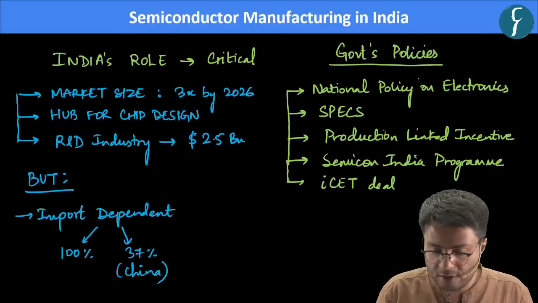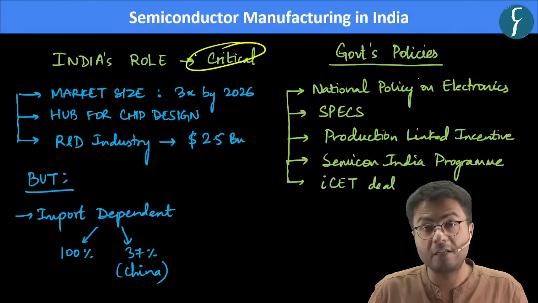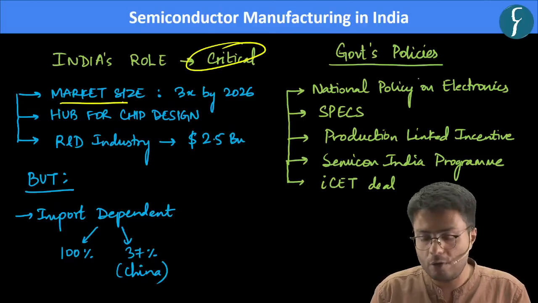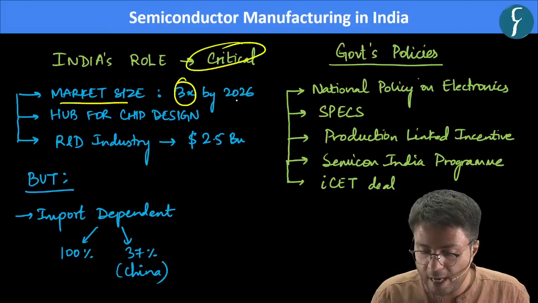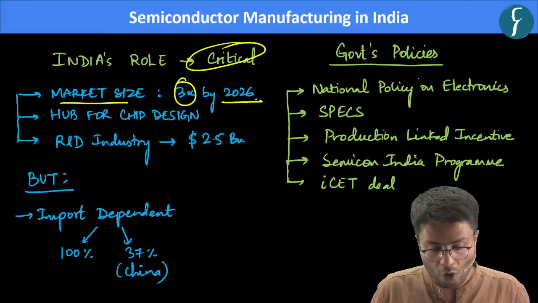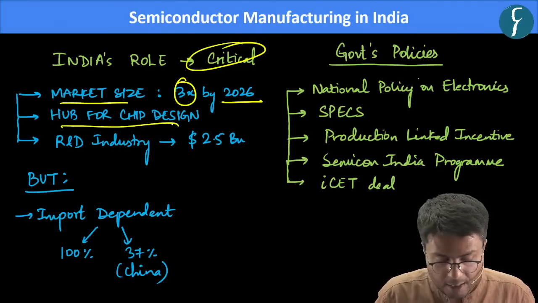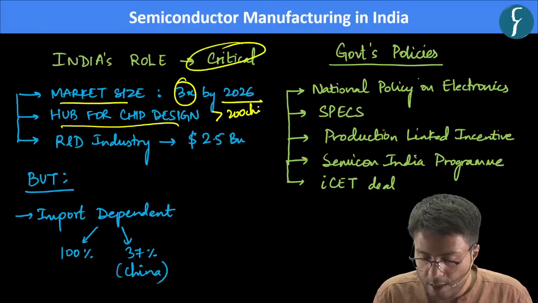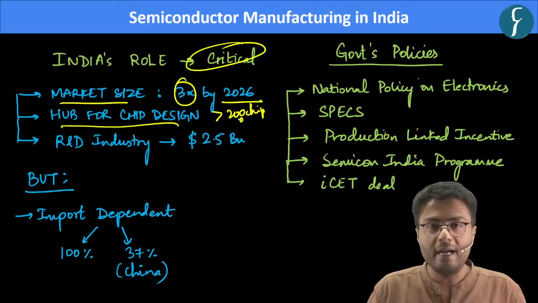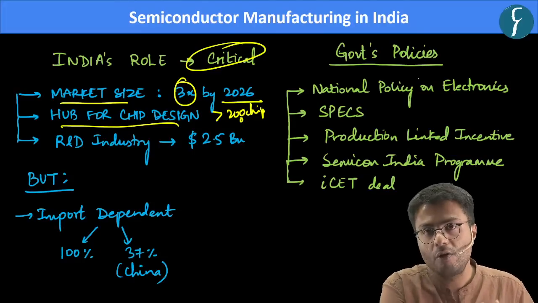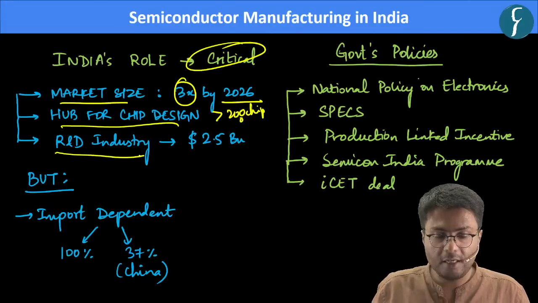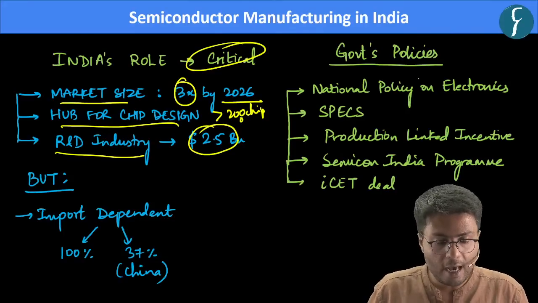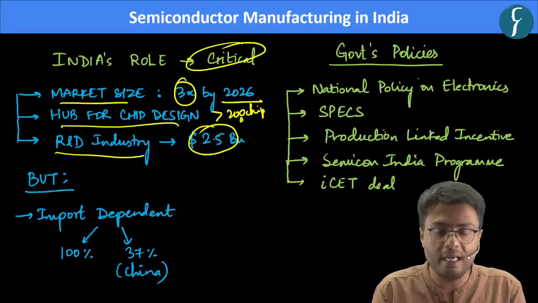Now, India plays a critical role in the global semiconductor manufacturing system because India has a huge market size, which is about to multiply by 3 times by the year 2026. Also, India has emerged as a hub for chip design, because India currently designs more than 2000 chips per year. Also, India has a significant large-scale R&D industry, as this industry generates more than $2.5 billion of revenue every year and also includes the designing of many